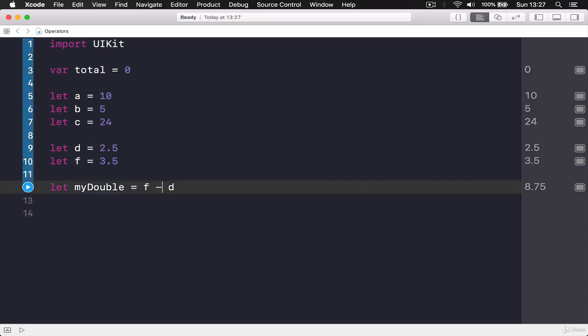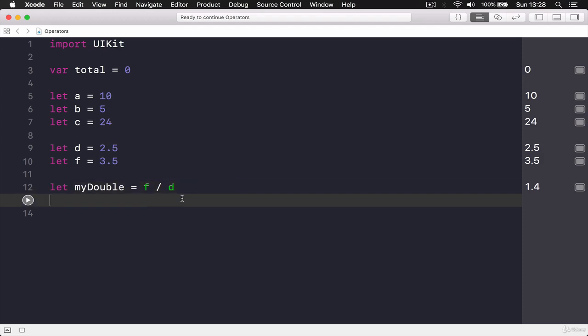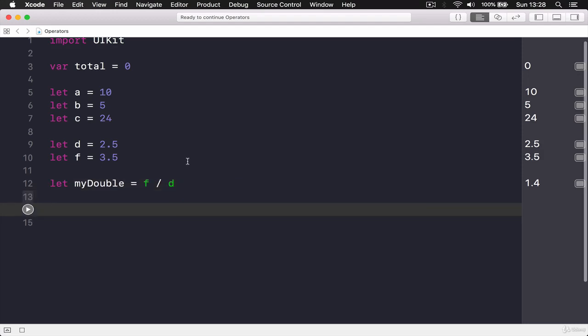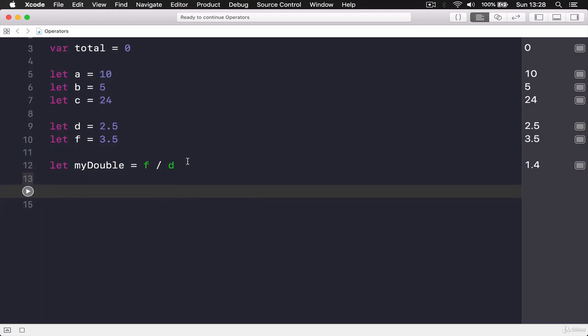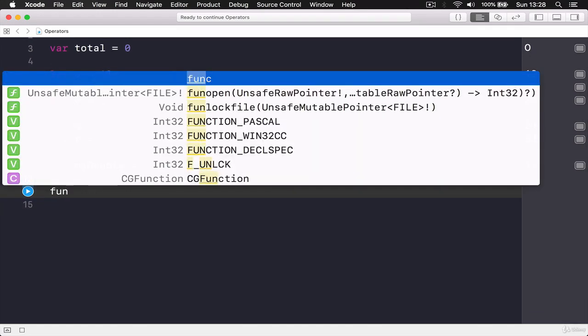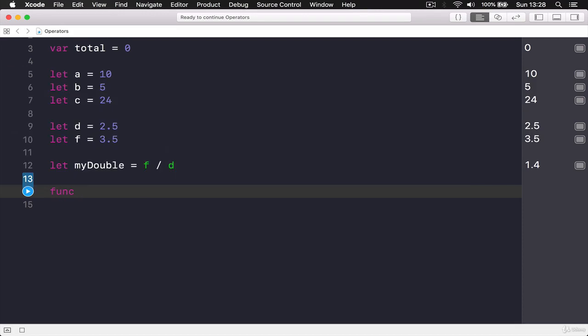Same way we can say minus, plus, divide. So these are standard mathematical operators that our program can take and do the math. Same way we can do functions. For example, if I say func and let's say calculate percentage,